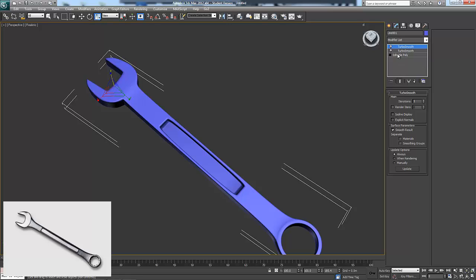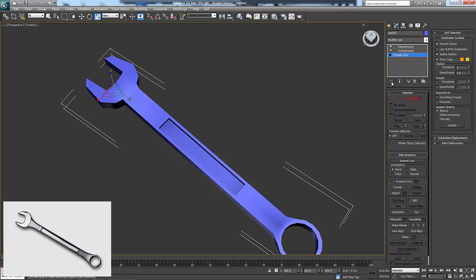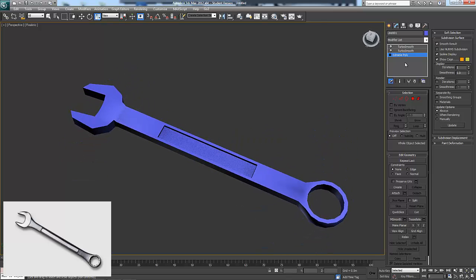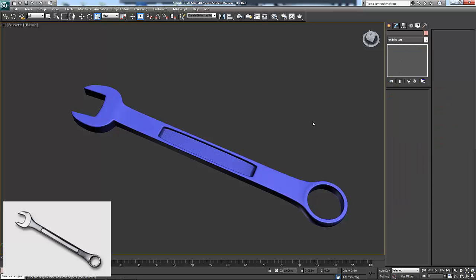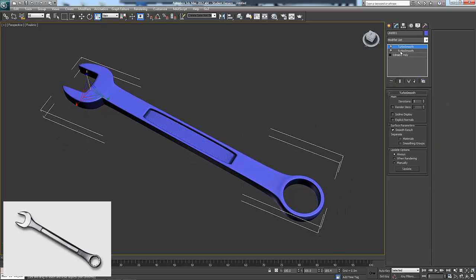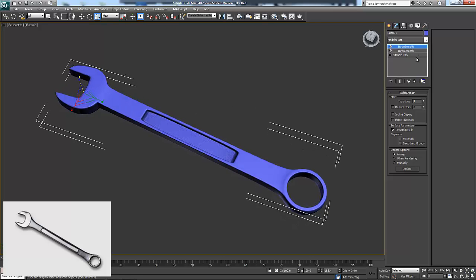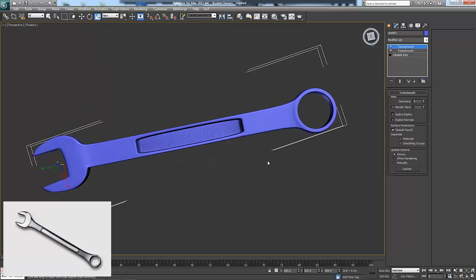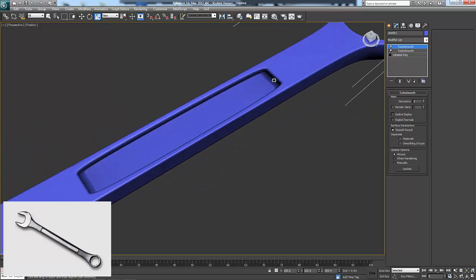Now, if hypothetically I don't want this to always go to the top, I can select whichever one of these and click pin, this pin stack here, and that way even when I deselect it, it still stays low poly, or wherever it happens to be in the stack here. So I'm going to unpin that. And because I added the smoothing groups after the turbo smooths got thrown in there, it looks like it's okay, but it doesn't necessarily update the smoothing group stuff. I'm sorry, because I added these